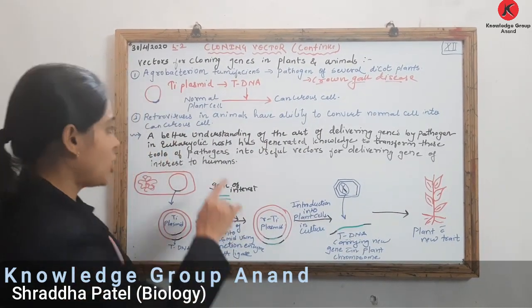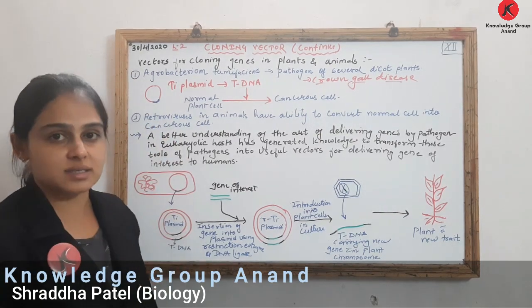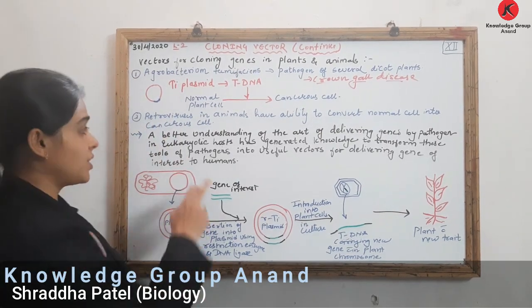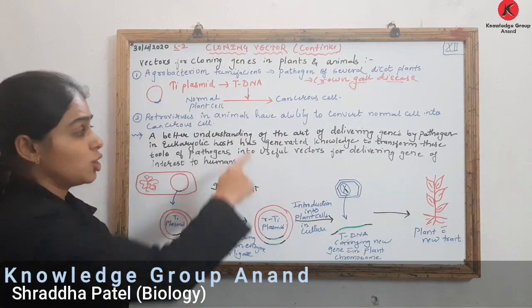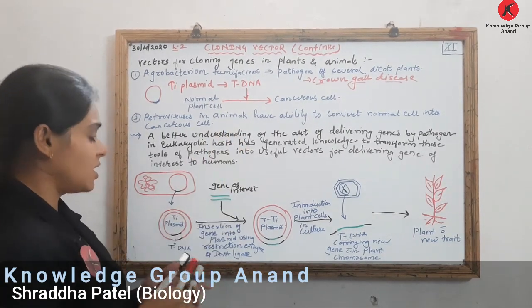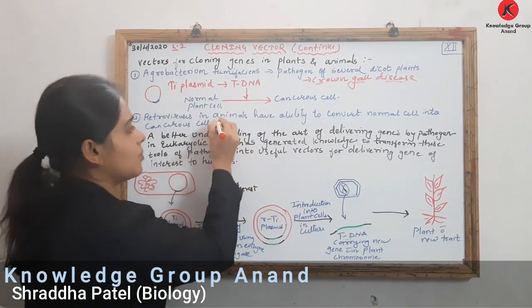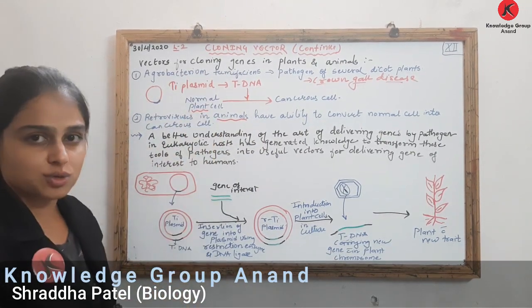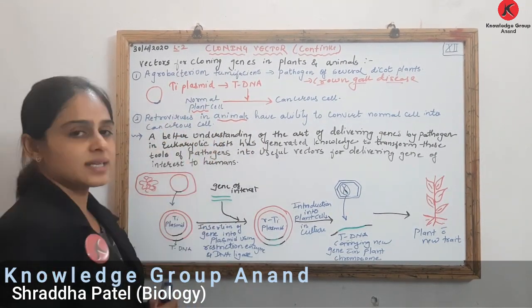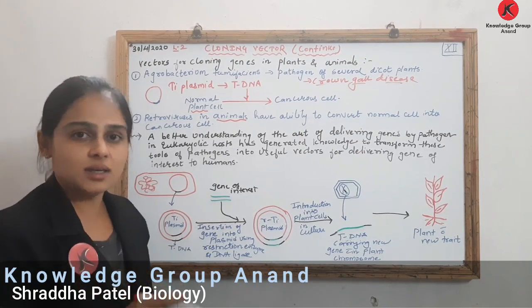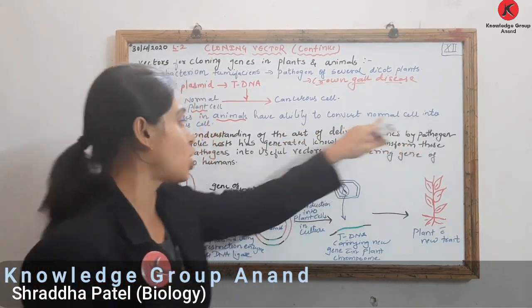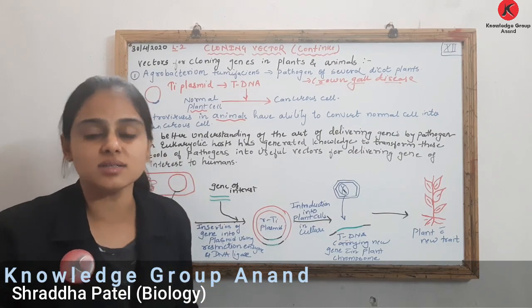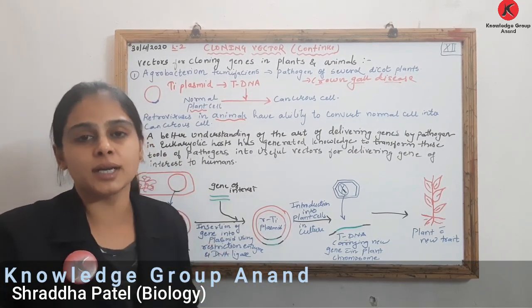Similarly, if we are talking about retroviruses, to be more specific, this is in case of your animals and this is in case of your plants. So retroviruses in animals again have the ability to convert normal cell into cancerous cell. So what I have written in black line,